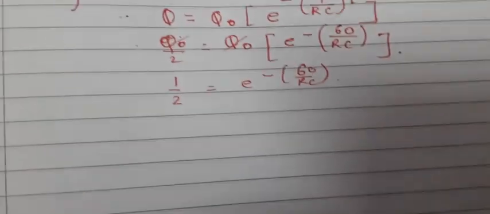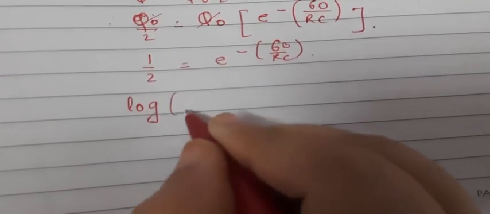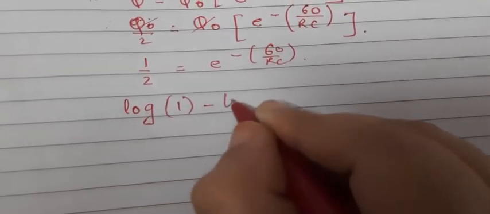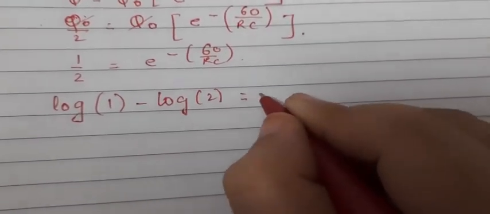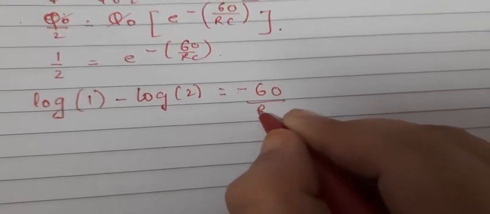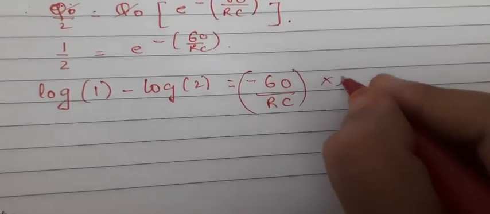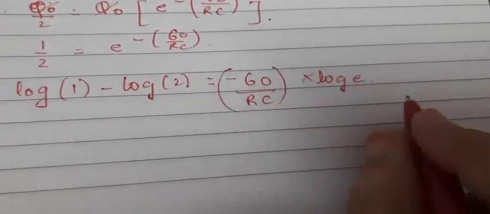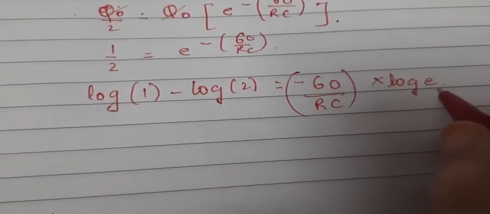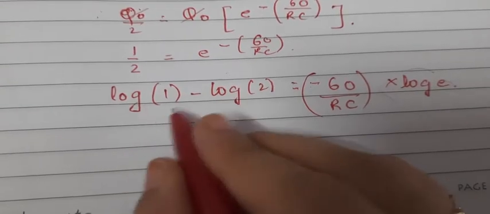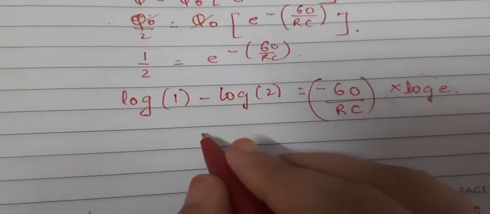Now we will take the log on both sides. Here I am directly writing log 1 minus log 2, and on the RHS the power will come in front of the exponential, that is minus 60 upon RC, and log of e. We know that log of e is equal to 1. It is not required to write it down, but still we are writing it so that the students can get it. So log 1 is automatically 0, log e is 1, and log 2 we know the value,